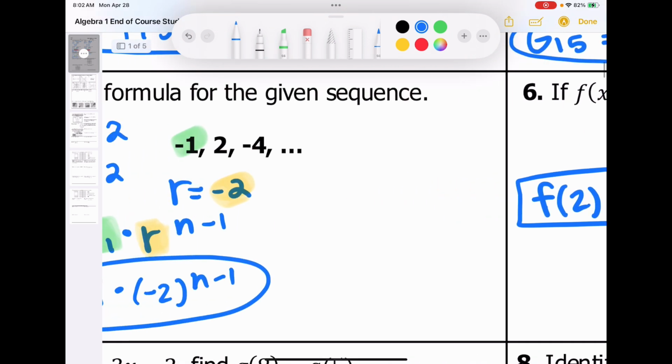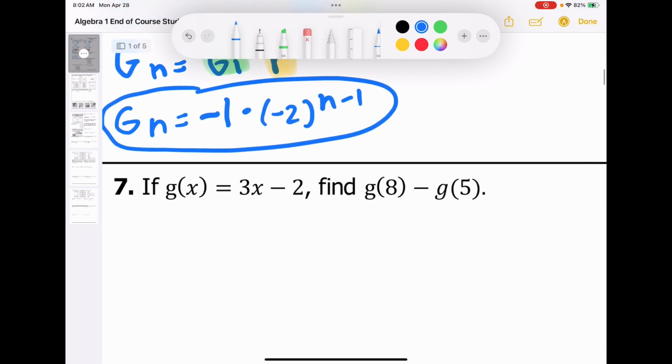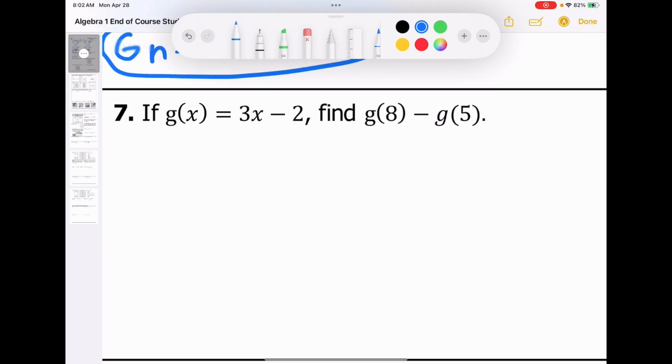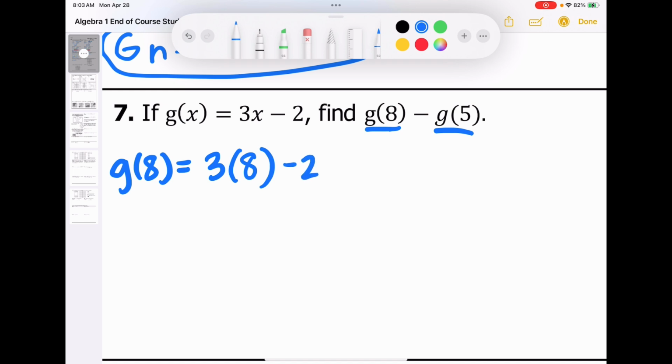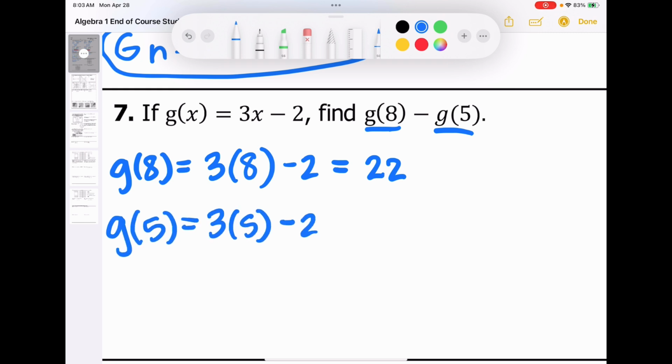All right, let's do another one. Number 7 says, if g of x is 3x minus 2, find g of 8 minus g of 5. So first I need to find g of 8 and g of 5 before I can subtract them. For g of 8, I'm going to do 3 parentheses 8 minus 2, which gives me 22. And then g of 5, which is 3 times 5 minus 2, which if I type that in my calculator, will give me